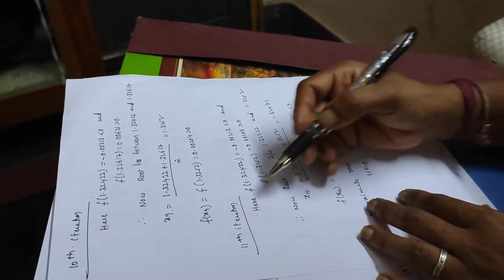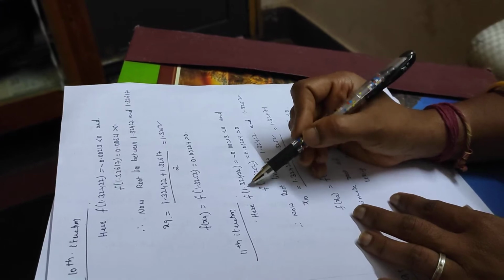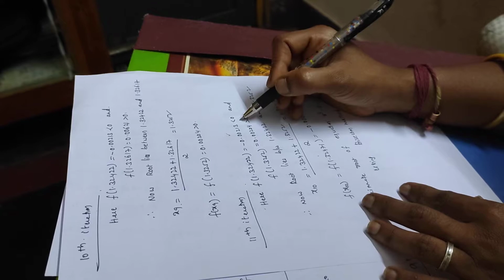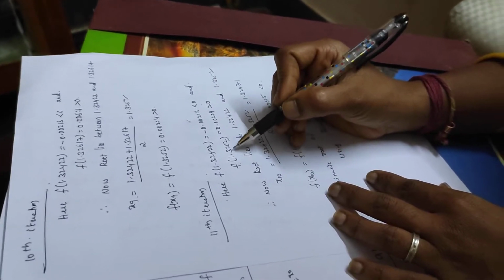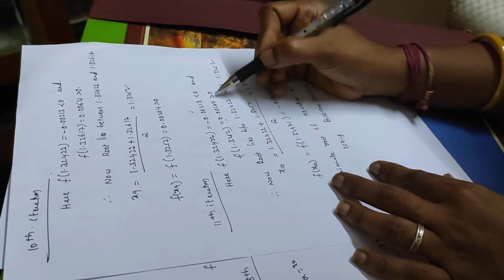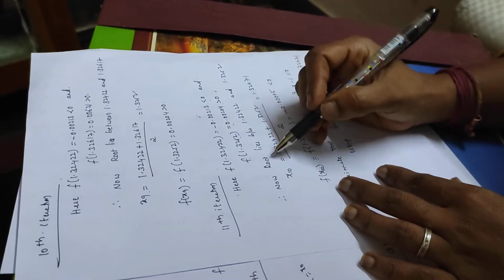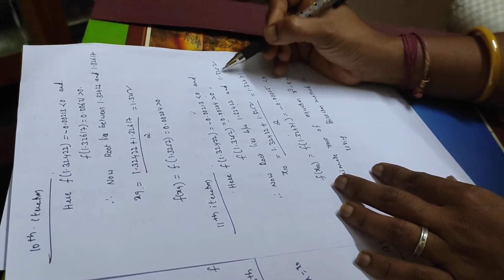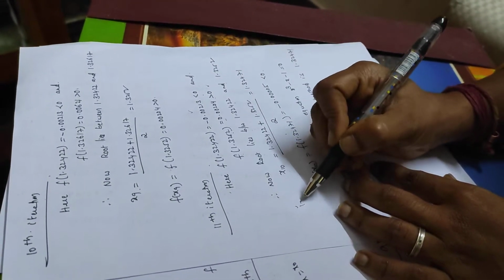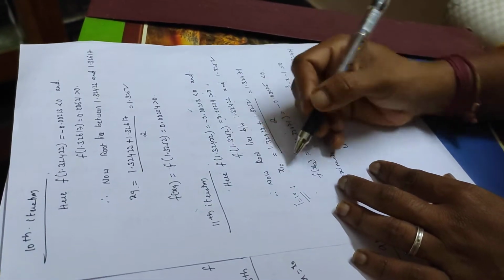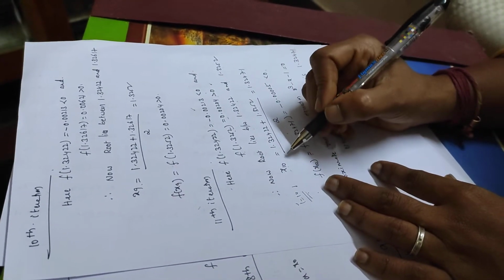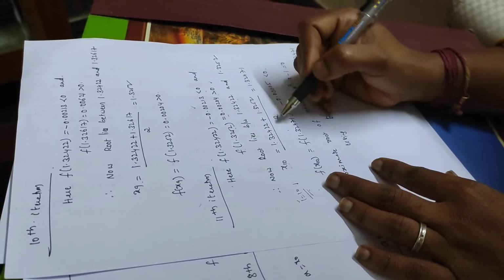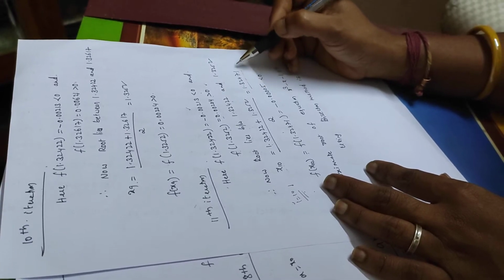So now you are observing that in the 11th iteration, I have 1.32422, where I get a negative value less than 0, and f of 1.3252, where I get a positive value. So for this iteration, my root lies between these two values, 1.32422 and 1.3252. My i is 10 here because I am doing the 11th iteration. So x10 equals (1.32422 + 1.3252) / 2, I get 1.32475.